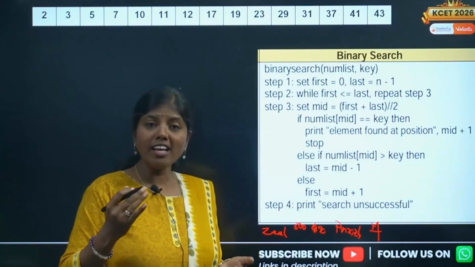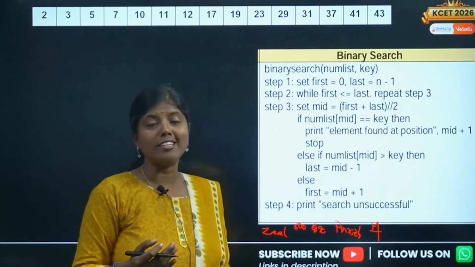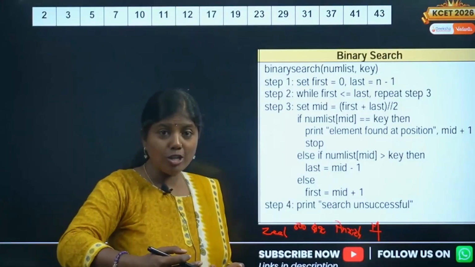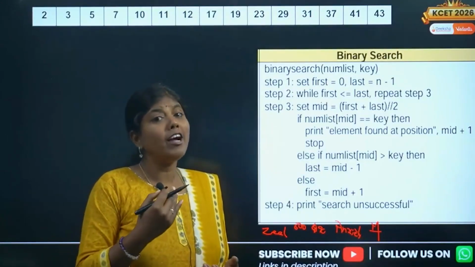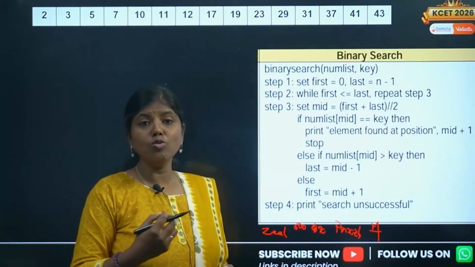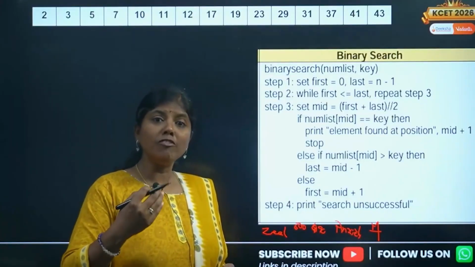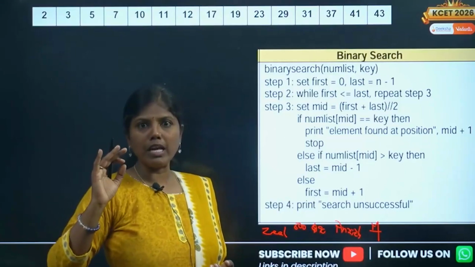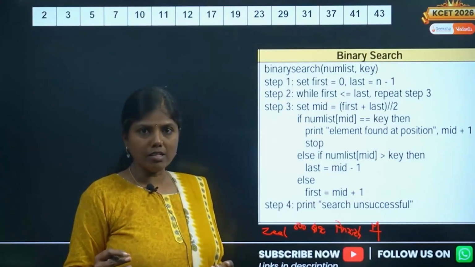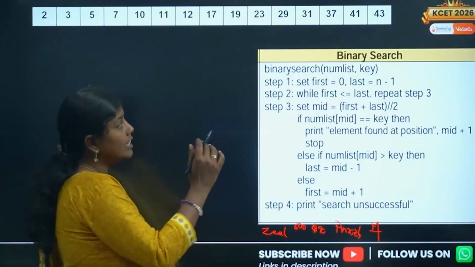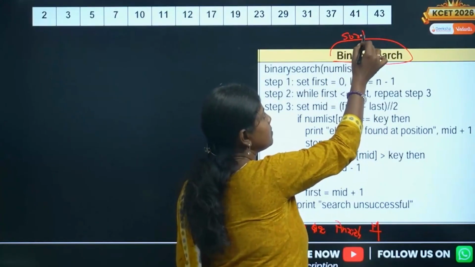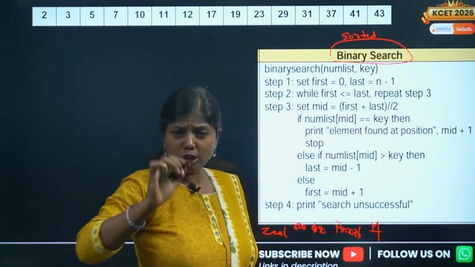So it's very clear that we know where to find. Since it's alphabetically arranged, since it is ordered, we will be able to find the meaning of words quickly compared to when words are randomly placed. If they are randomly placed, how do you search? It's very difficult, right? So here also, binary search basically works only for sorted elements.